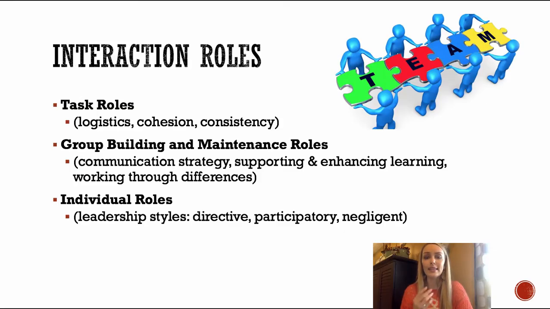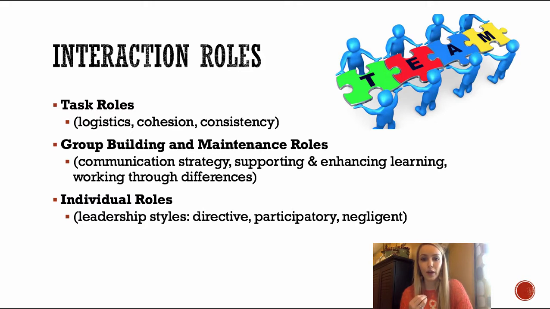So we'll move on to these interaction roles within our small groups, and we have task roles, we have group building and maintenance roles, and we have individual roles, all of which are equally important, I think. So task roles are focused on script development, cohesive language, transitions, and consistent graphics. So really that overall consistency, that group feel,